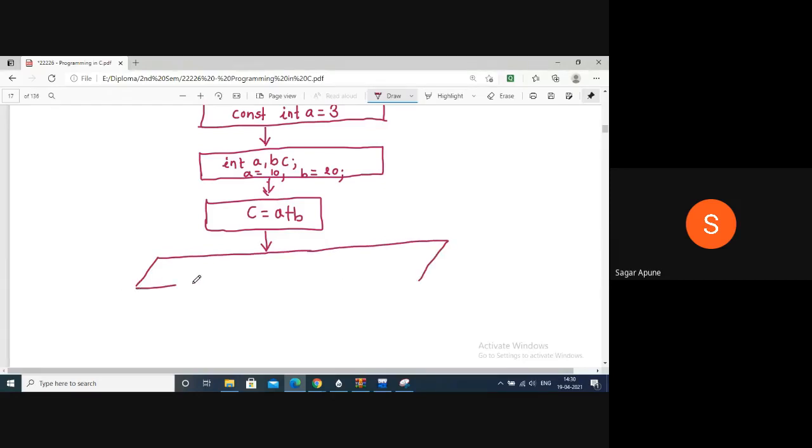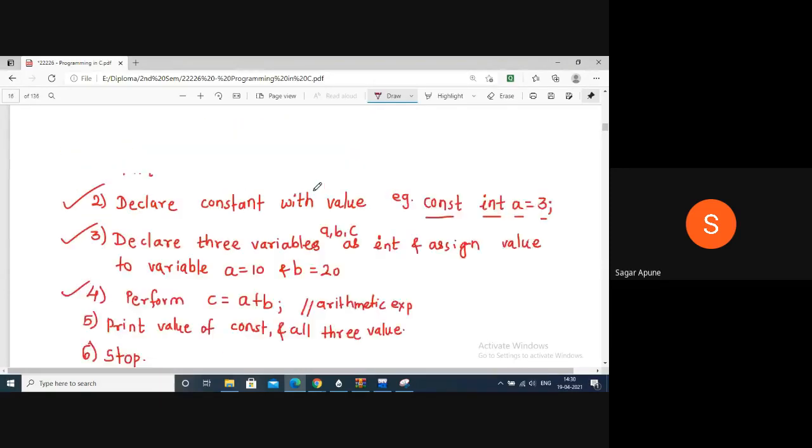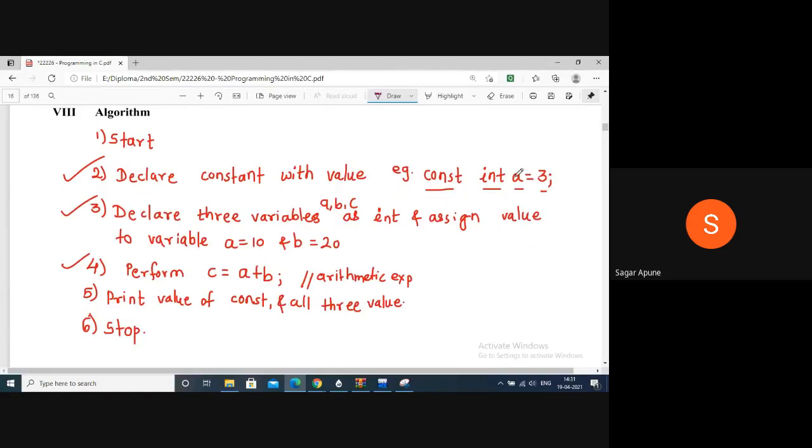So this is a parallelogram, this is not a rectangle, and print here, print constant variable, then ABC values. Okay, here our constant variable and integer variable name is the same, so here I change this name as p, integer p is equal to 3. So change the constant name because the same variable name is not accepted, so here I use p is equal to 3.